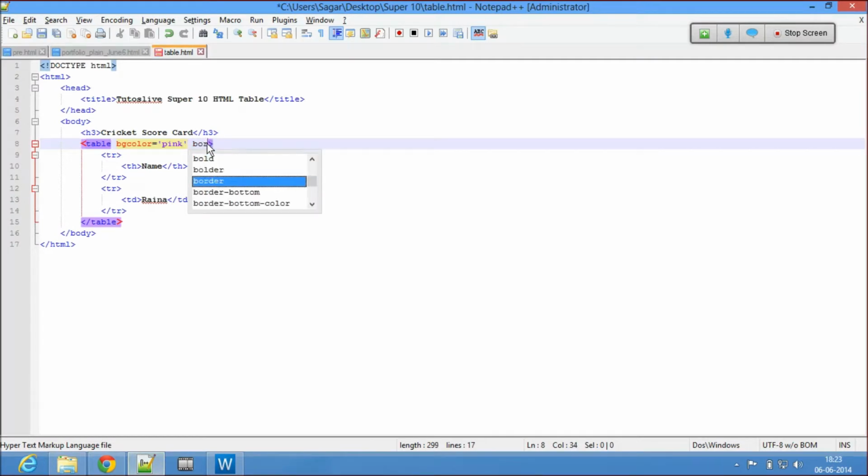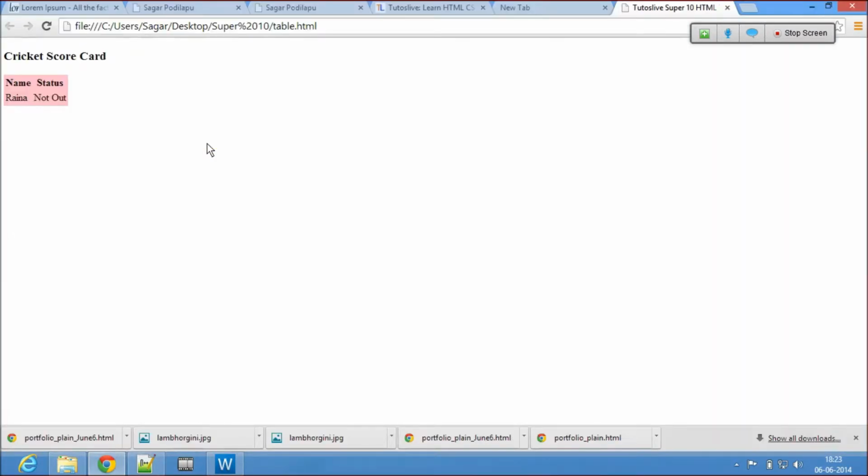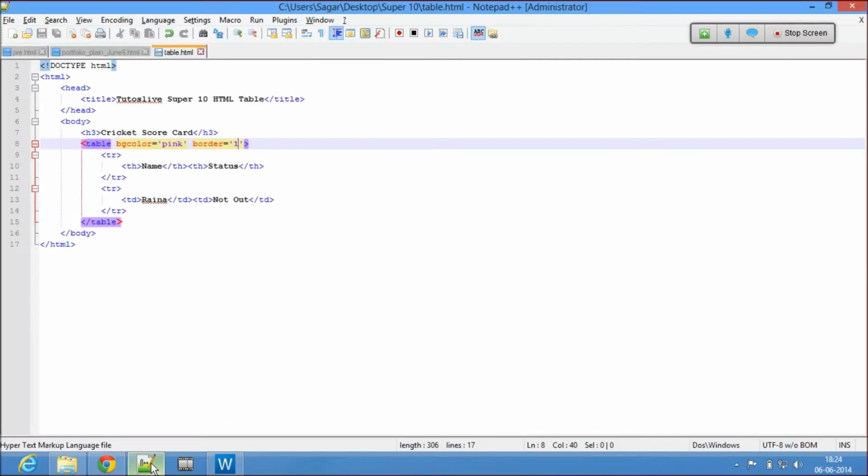Now the next attribute I want to give is border. I'll say border 1. Okay, 1 pixel. You see that border across everything. Now cellspacing. Cellspacing equal to, I'll say 10.